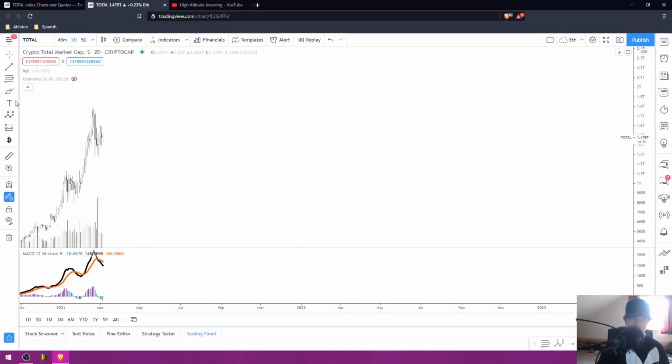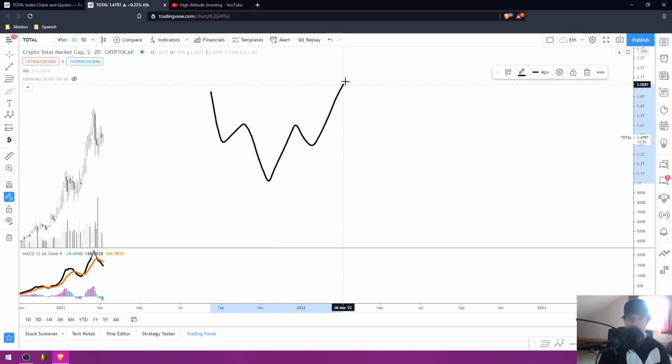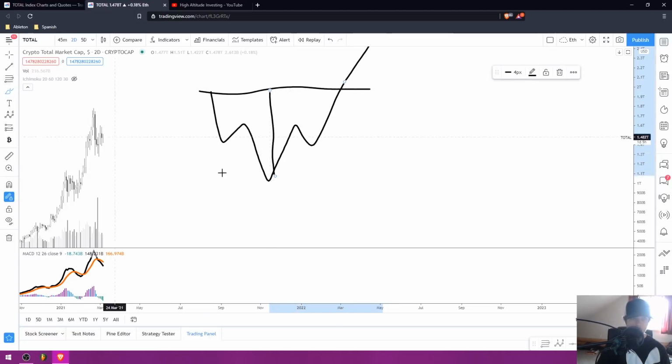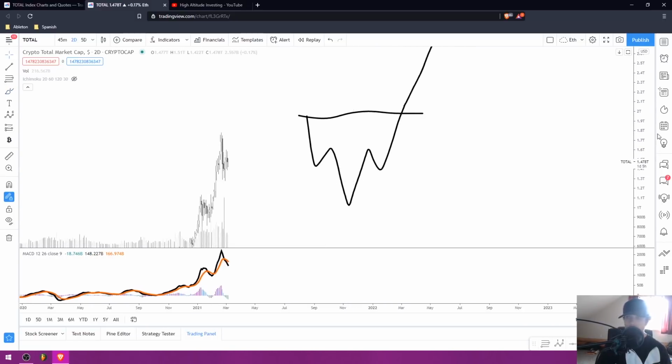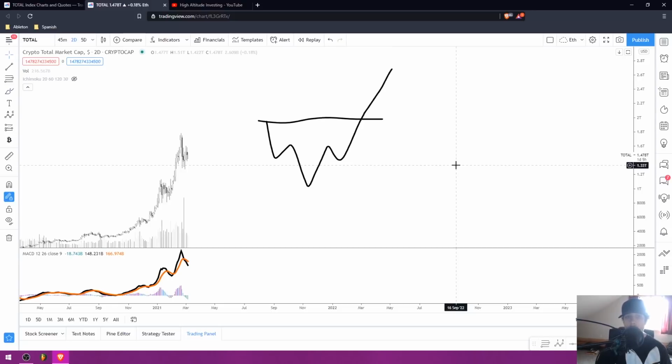Obviously, there's more than that. You have stuff like the inverse head and shoulders pattern right here. This is an inverse head and shoulders. When you get a break of this level, you see continuation, the size of from the head to the neckline of the pattern. So there's more patterns, and if you guys are interested in learning more about the details of these patterns,